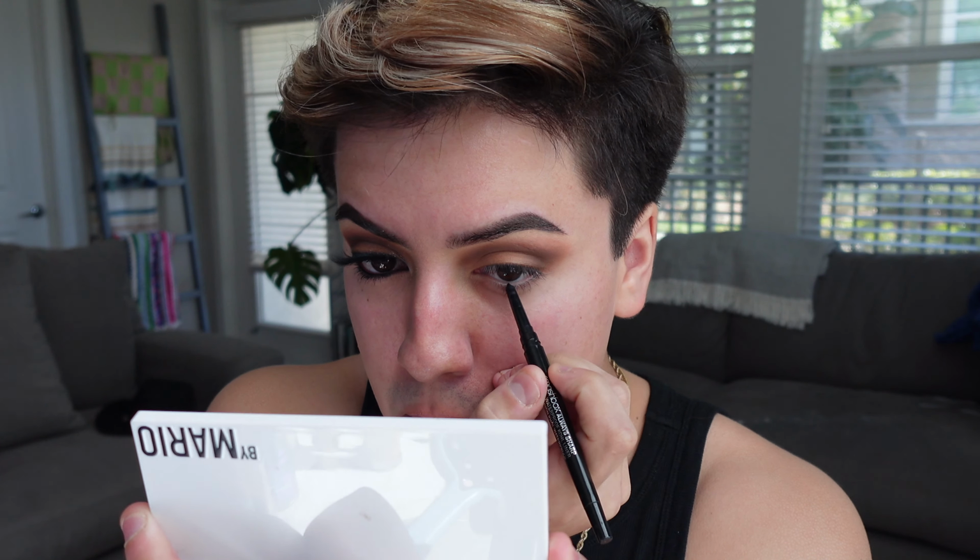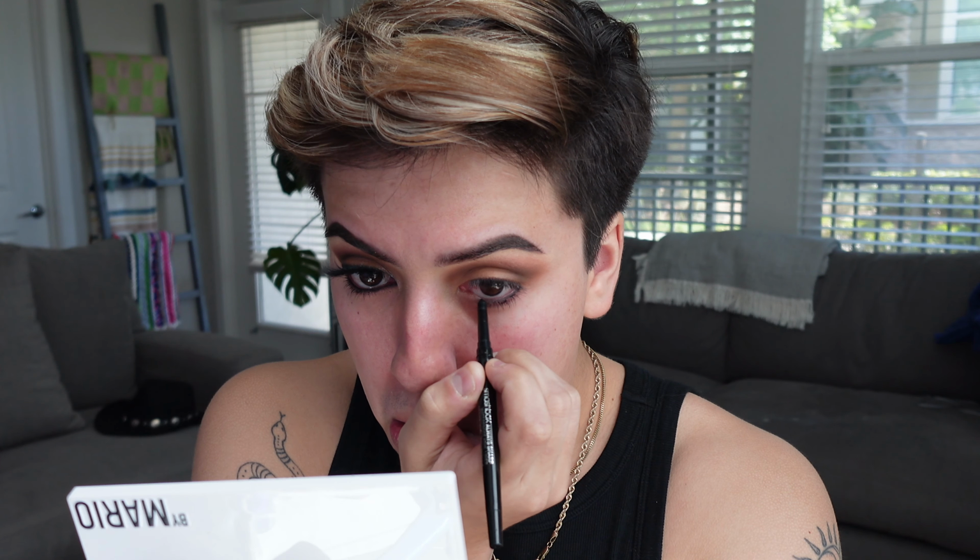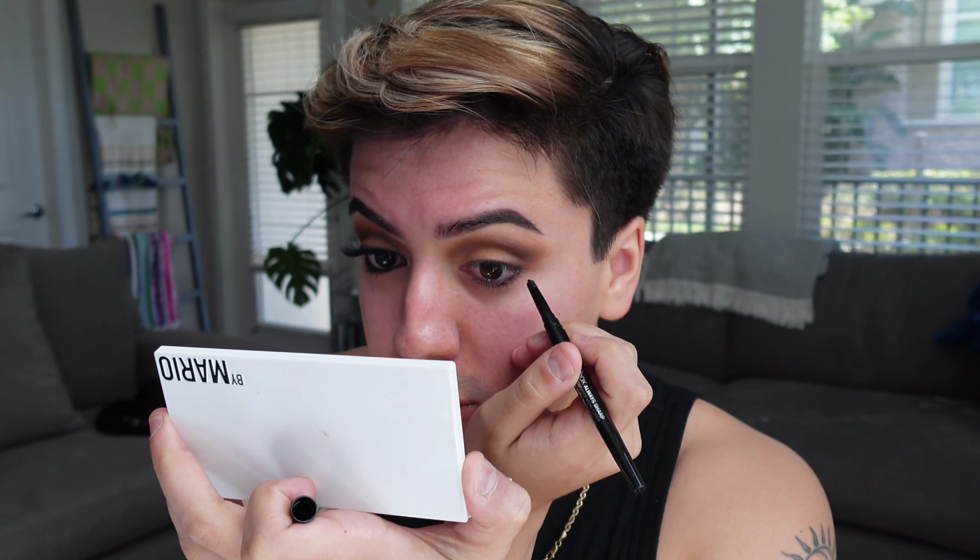Let me just get a little closer. So I'm gonna start with the bottom. So even though we're doing a brown eyeshadow and it's not that complicated, you still wanna do your eyes first in case your eyes start to get watery like mine and you need to work around that. Whew. I almost never do black eyeliner in my waterline, so this is different for me, but I like it,